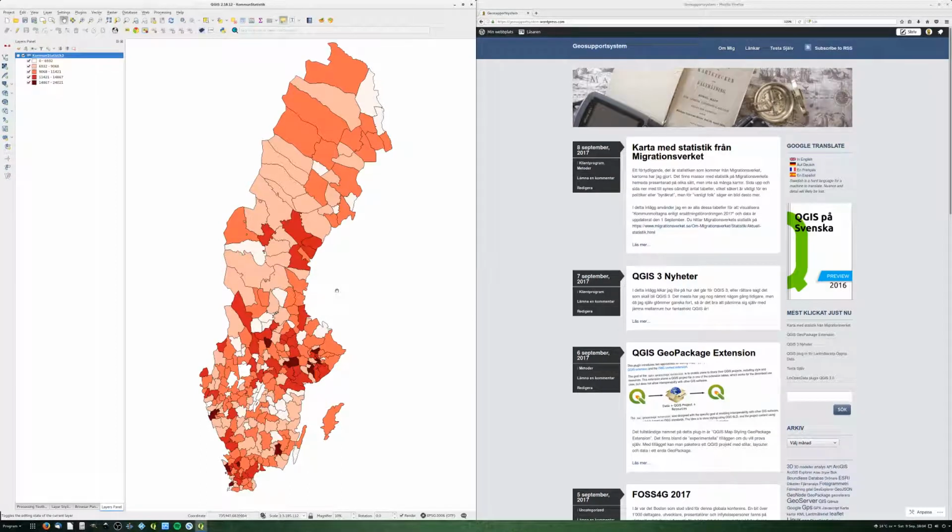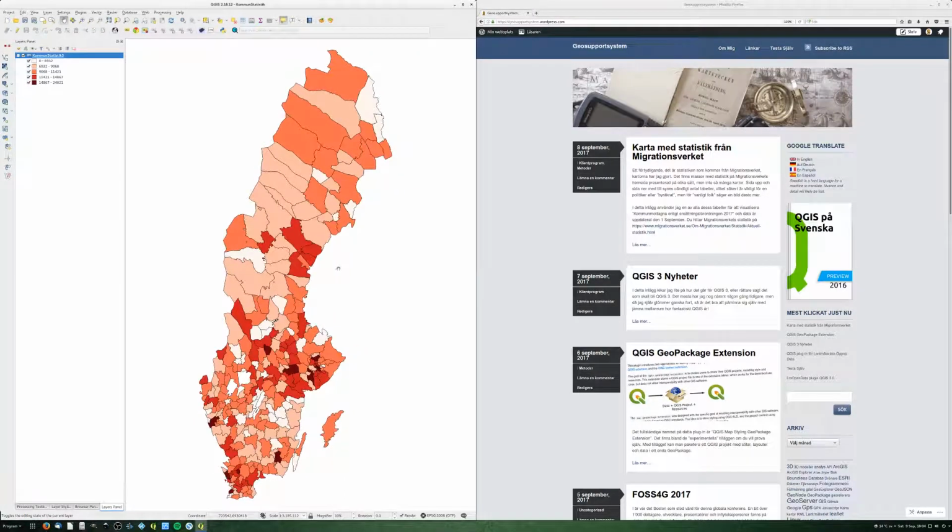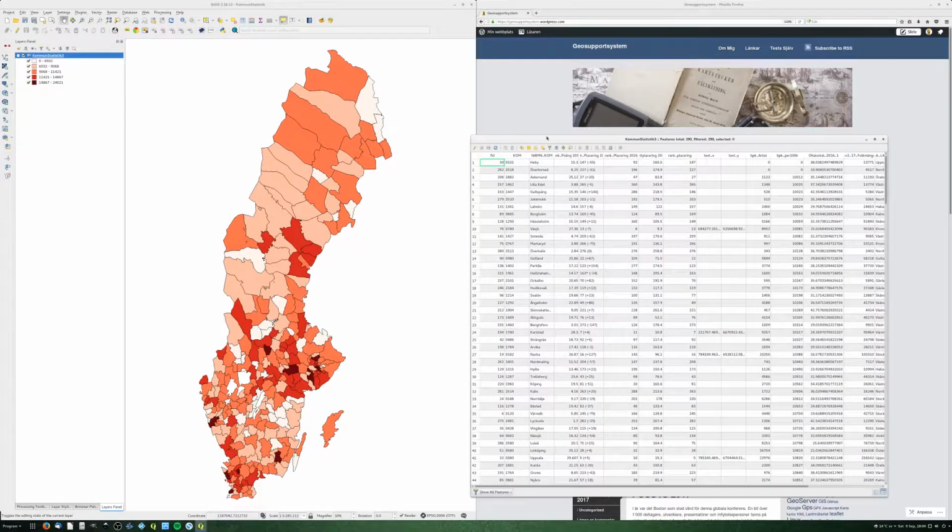Hi guys, I thought I'd just make a short video on something I've been working on for a bit. See what you think. Here I have a map of QGIS with the Swedish municipalities, and I've collected some data